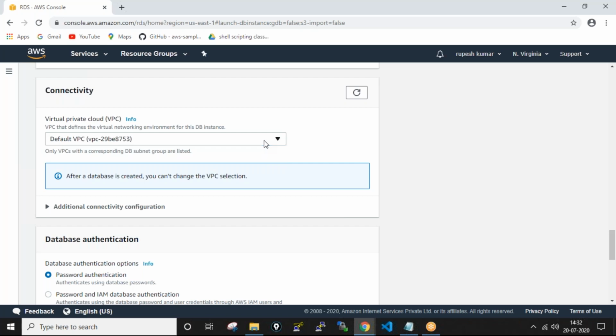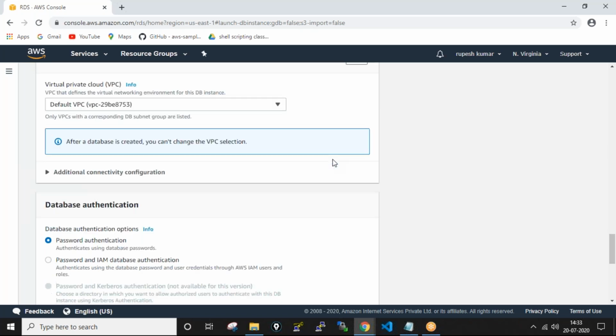This one is the default VPC, or else if you want to connect with a customized VPC, you can select a customized VPC also. As I'm not having any customized VPCs, I'm just going with the default VPC. If you are having any customized VPCs, you can go with them also, no problem. But make sure that whenever you are trying to connect the EC2 instance to the database, both the EC2 instance and the database are in the same network, either EC2 or RDS. Both must be in the same VPC. If you selected the default VPC here, you need to connect with the default instance also.